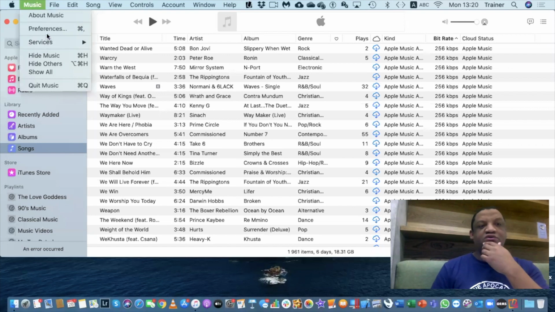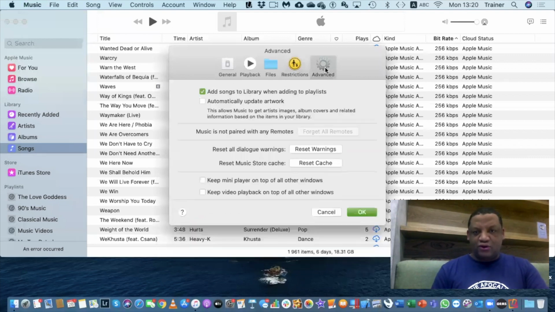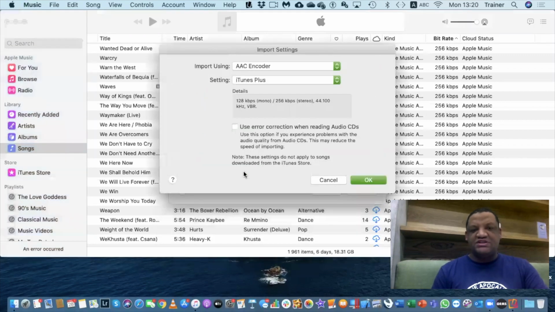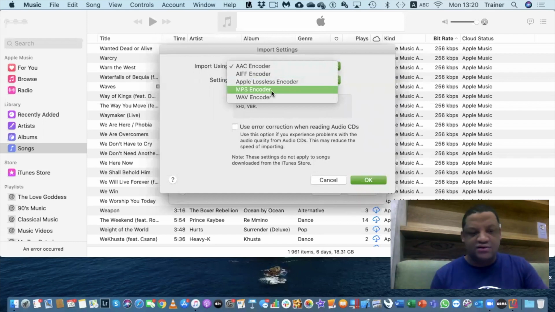So if I go to music preferences, the reason why they're all on 256 is because under my files and my preferences, under import settings, it says there that it's an AAC encoder, iTunes Plus, and it gives you the details that it gives you 256 kilobits under stereo sound. But you can, of course, change it here and push it to a different file type if you want to make it into MP3 and so on.